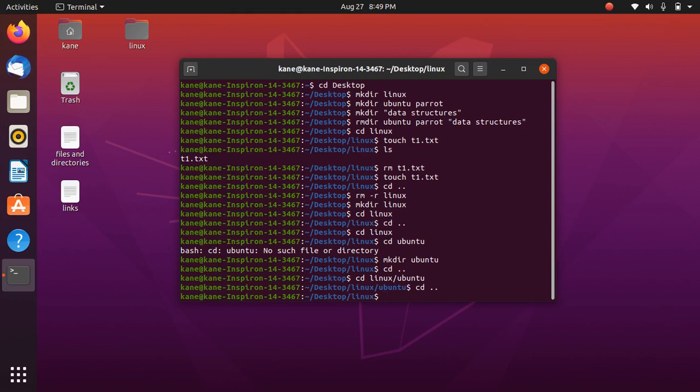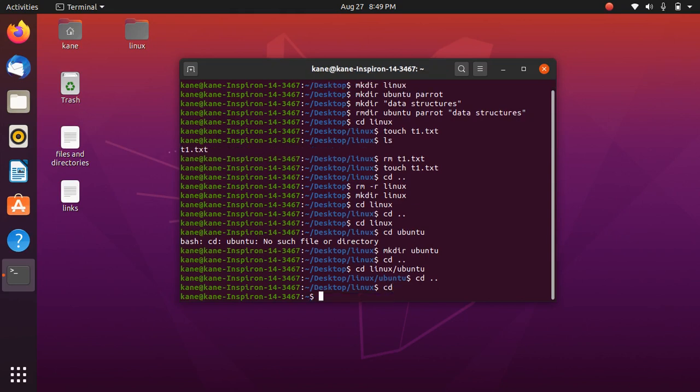Now I will show you the fourth way of using the cd command. For example, I want to go inside the home directory. The home directory is a directory in which the desktop folder is located. Suppose I want to enter the home directory, we can simply use cd to go into the home directory.